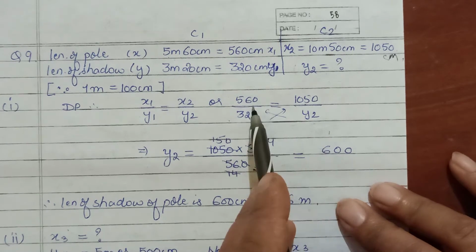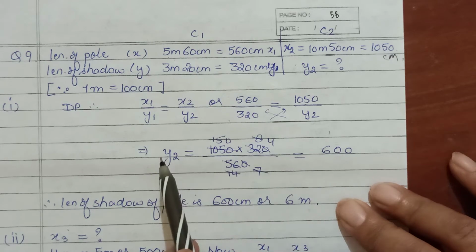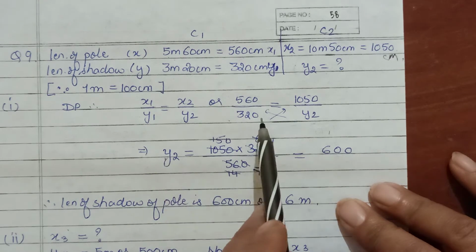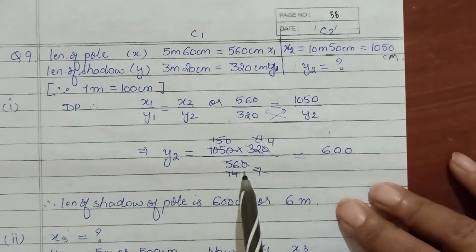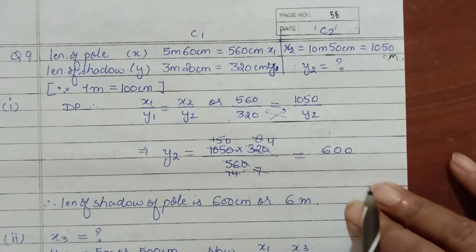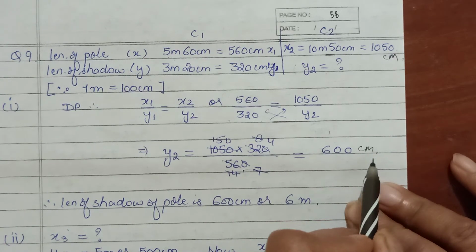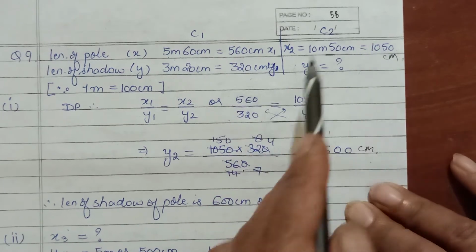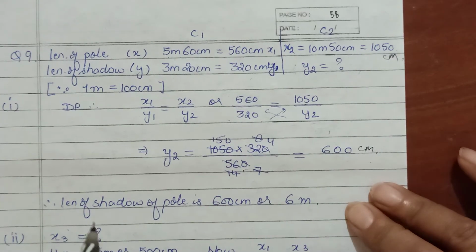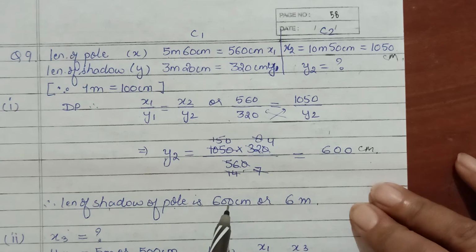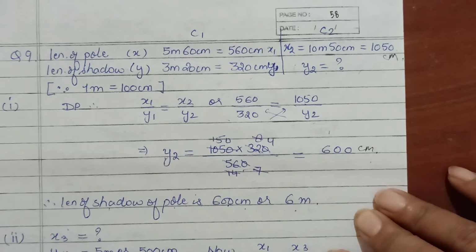So this unknown, abhi again cross multiplication hoga. So y2 goes in numerator on the left hand side, 320 यहाँ आ जाएगा, 560 denominator में आ जाएगा. So you've got 600 सेंटीमीटर. ये आंसर आपका नेचुरली सेंटीमीटर होगा क्योंकि आपने सारे डायमेंशन सेंटीमीटर में कन्वर्ट कर दिए थे. So length of the shadow of the pole is 600 centimeter, and of course बड़ा होता है तो if we can convert we would preferably write it as 6 meters.